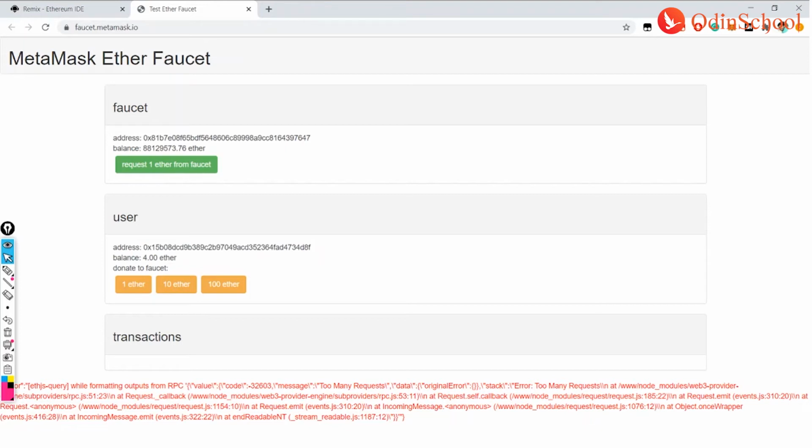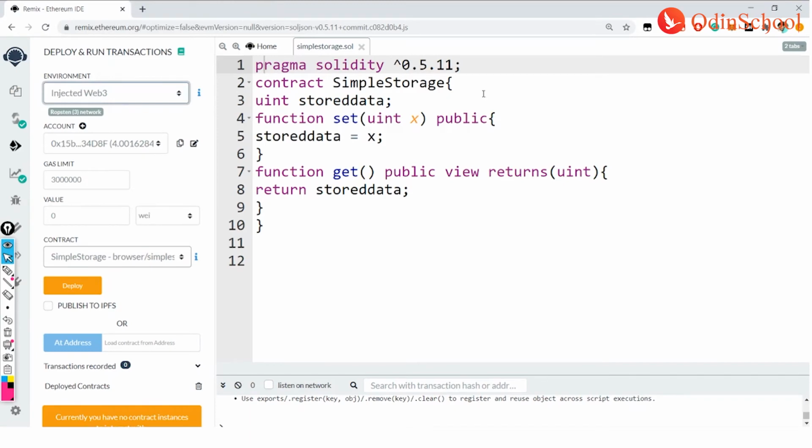But for you, you will not be getting an error. You will directly get your transaction ID because you are starting from 0. You will have 1 ether being reflected here. If you just click on the MetaMask, you will see that 1 ether will be reflected. In my case, it wouldn't be reflected because I don't have a transaction ID visible here. So in that way, you need to actually get your transaction. That is nothing but your 1 ether.